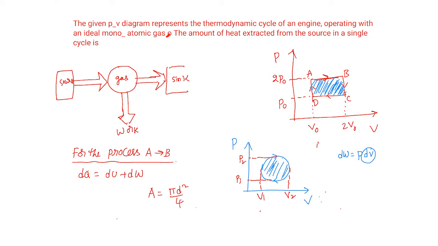Here we have two diameters. Pi d1 d2 divided by 4. Instead of writing d square, I write d1 and d2. D1 is the pressure diameter. What is the pressure diameter? P2 minus P1. D2 is the volume diameter, V2 minus V1, and the whole thing divided by 4. This is how you have to calculate the work done if it is a circular cyclic process. Suppose it is an anti-clockwise process, then you have to put a minus sign. And this is the work done. So understood, children?